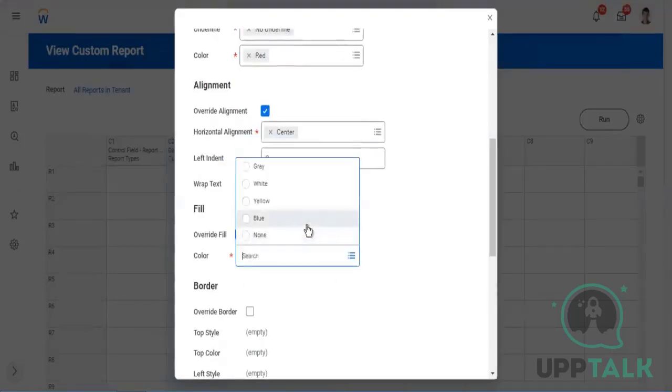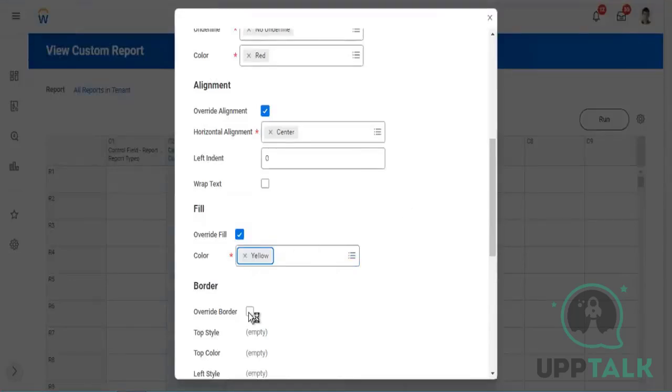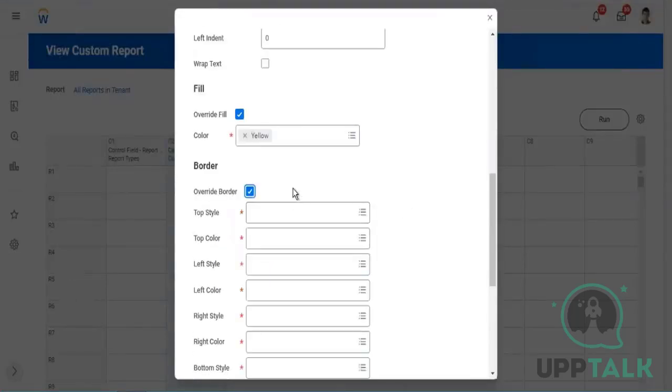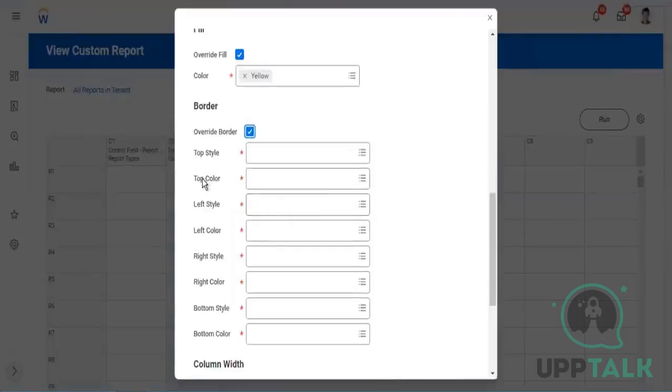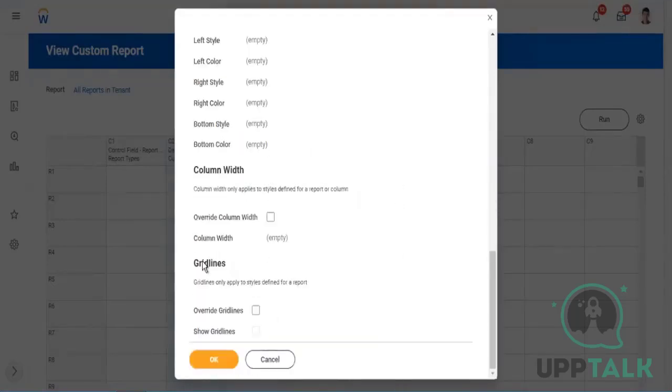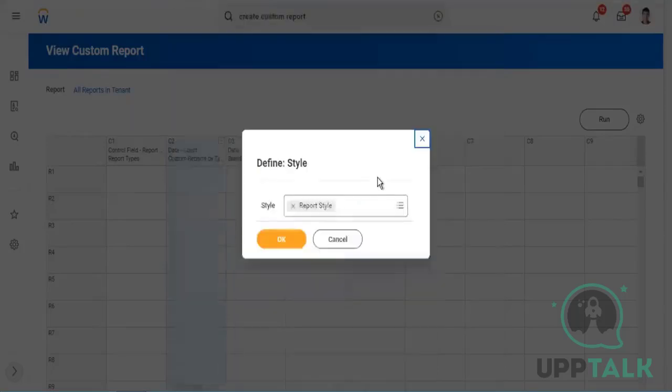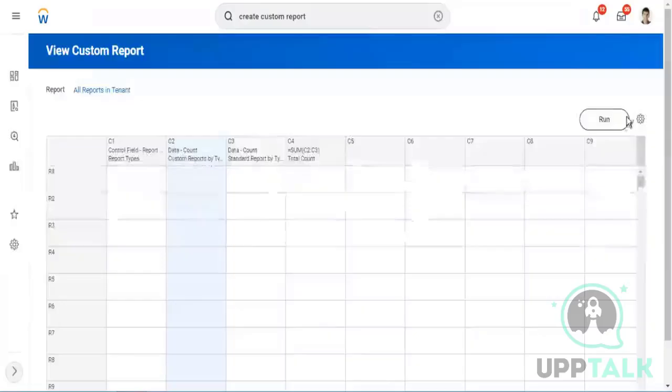Again, not all color options are available. These are the only options available. So let's say I want yellow color. I'm just randomly selecting. Do I want any border? So I can define my own style, right? I can define the top color, bottom color, so on and so forth, right? Maybe let's leave this. I can define the column width that I want. So you see, I can define my own style and then I can apply that style to a specific column. So I have that option of doing conditional formatting. Let's run this,